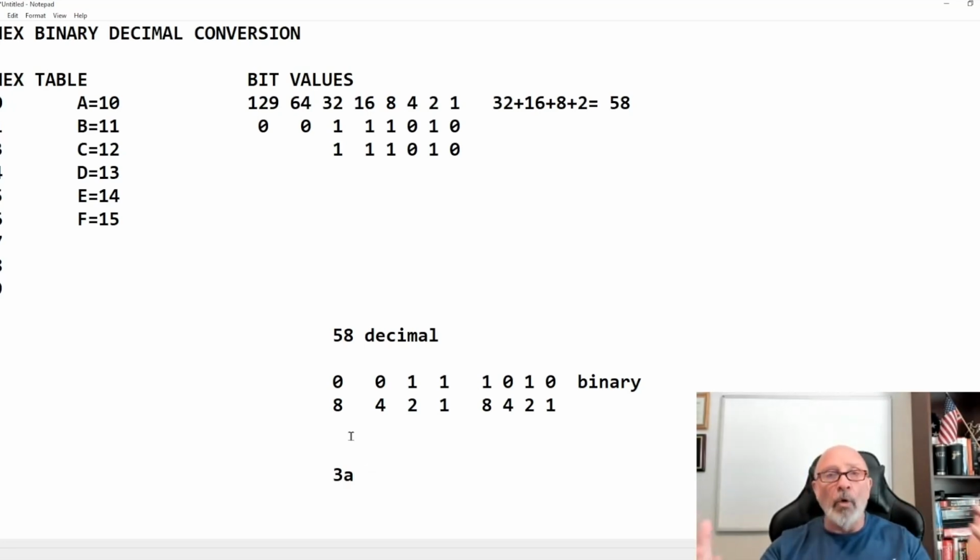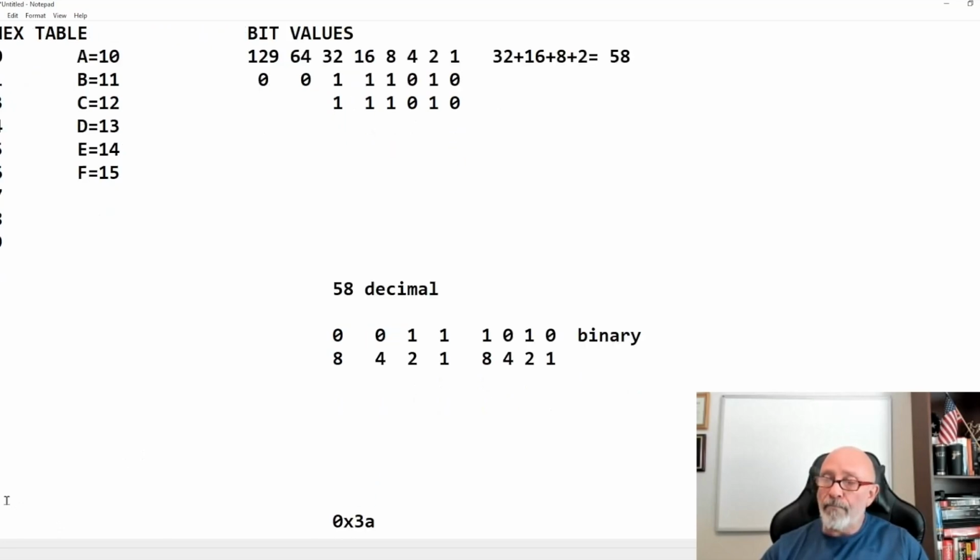That is the hex number. But you want to tell the world, because people say, well, 3A, what is that? So you tell them, well, 3A is 0x3A. This is the hex number for the 58 decimal number. All we did is go from decimal to binary and then to hex. And the hex, we just separated it into 4 bits. It's pretty simple. Pretty simple. Okay? No big deal. Let's do another one. Okay. Oops. Okay, I forget that I'm in Notepad.